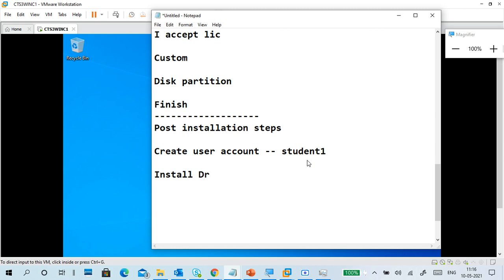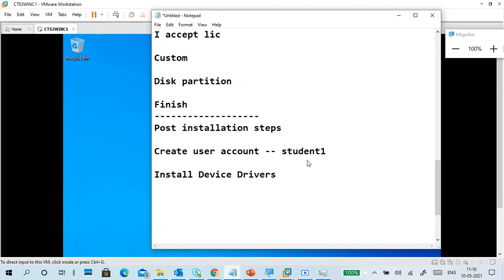So install device drivers. I will install device drivers depending upon my hardware. The motherboard CD or something will be there, so based on that, I will install my network drivers, graphic drivers, audio drivers. Usually I install them. If I don't have a driver CD, I will try to find the network drivers. First install the network drivers, connect to the internet, download the remaining drivers and install them. That is the thing you can do.